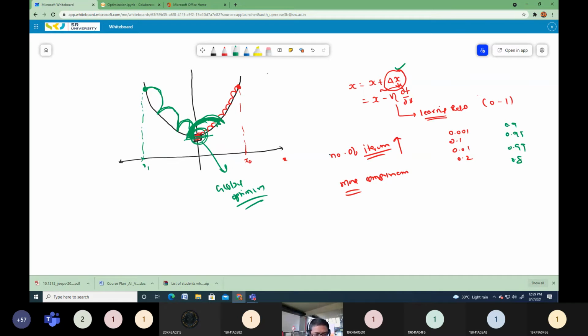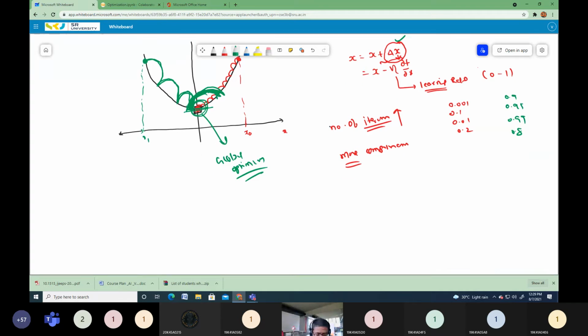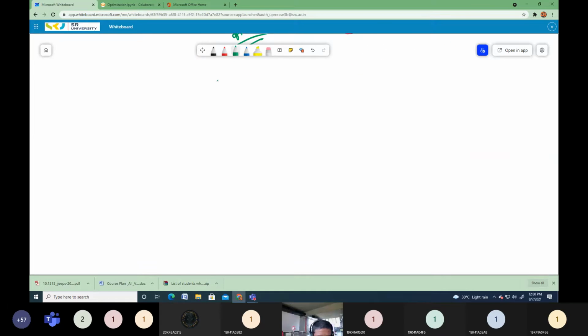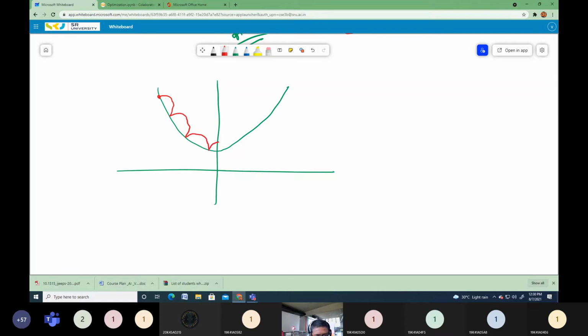So it may oscillate around its final solution, and finally after some time it reaches this optimum point. I will redraw this objective function. It's a convex function like this. My initial point is here, and because of the large step length, it will jump here, and here, and from here to here. Now it is overlooking this global optimum point, skipping the global optimum point.